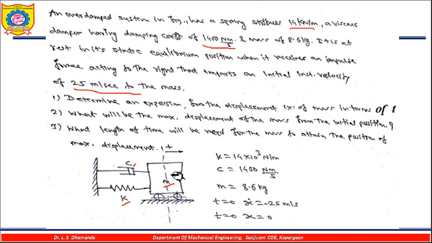So it means some force is acting over this and it is going to cause the velocity of this mass as 25 meter per second. Okay, you have to determine an expression for the displacement x of the mass in terms of t. So in terms of t you have to find out the displacement x of this particular mass,